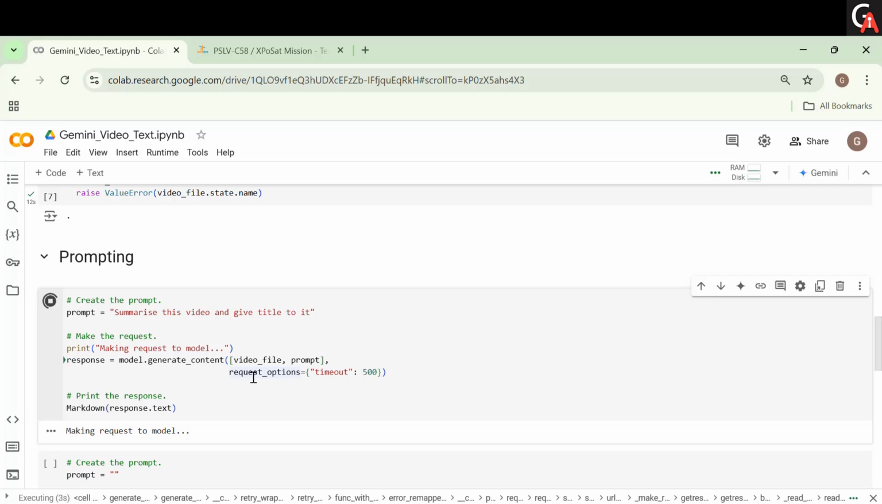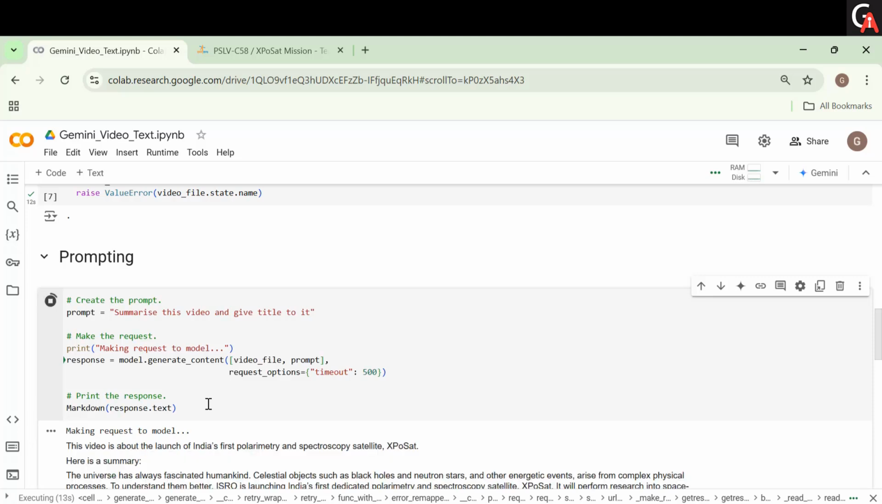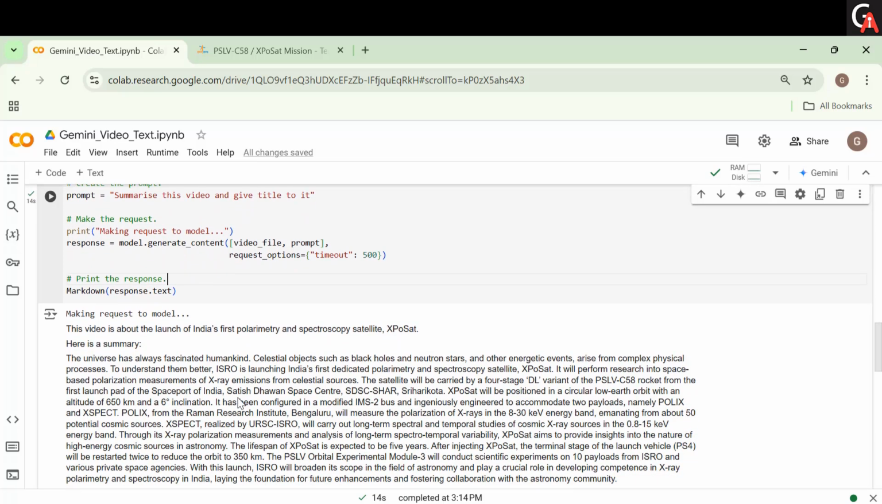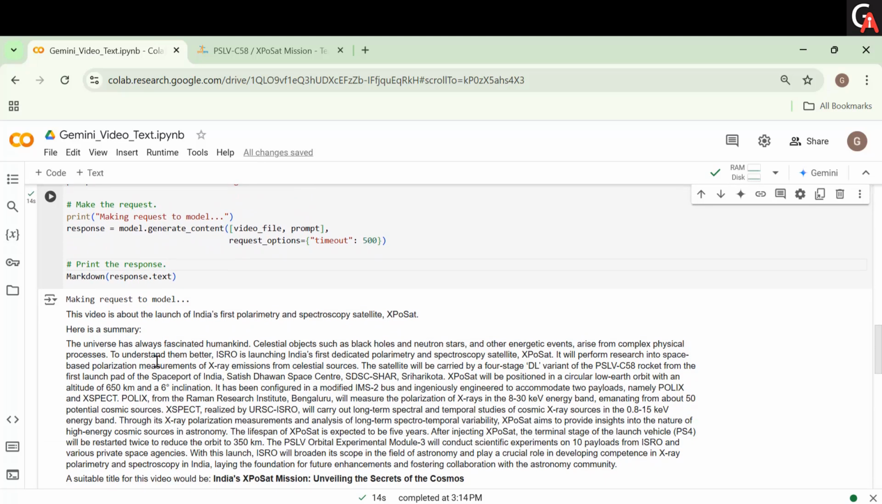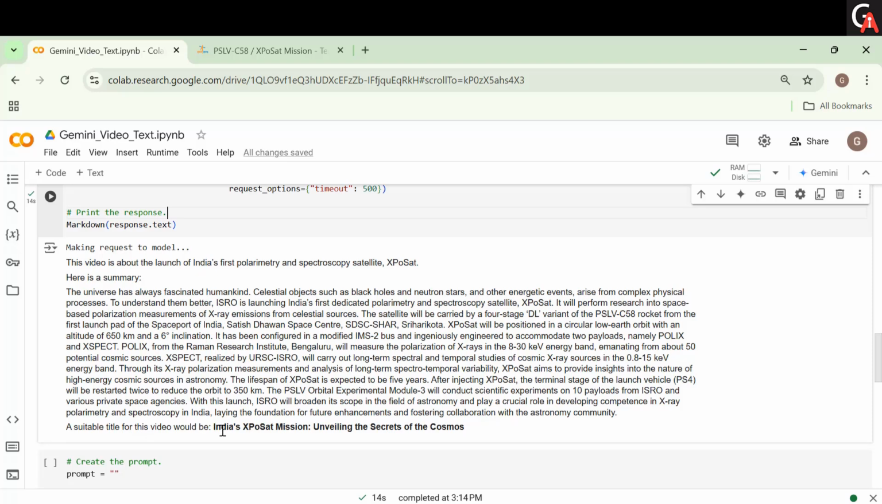So here we can see the model is being requested for our prompting. So here we can see our model has generated some content, and here we can see it has generated a summary regarding it. Here we can see the universe has always fascinated humankind, and again it has some details about the ExpoSat mission, right? And again it has provided a suitable title, that is India's ExpoSat mission unveiling the secrets of the cosmos. So here we can see how quickly the Gemini model has generated an entire summary for